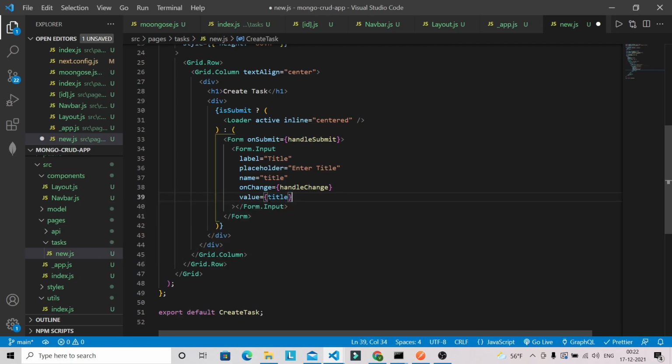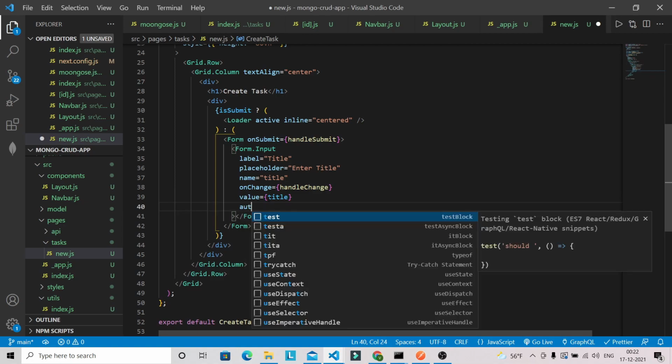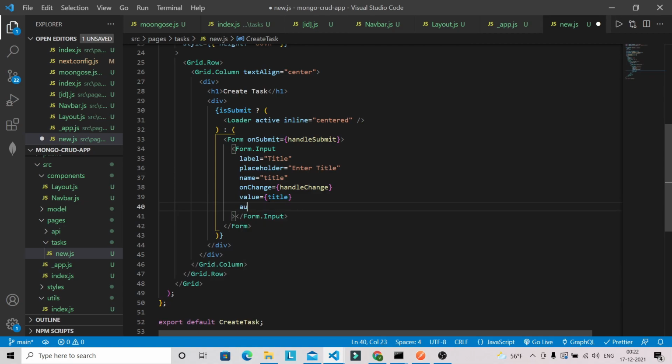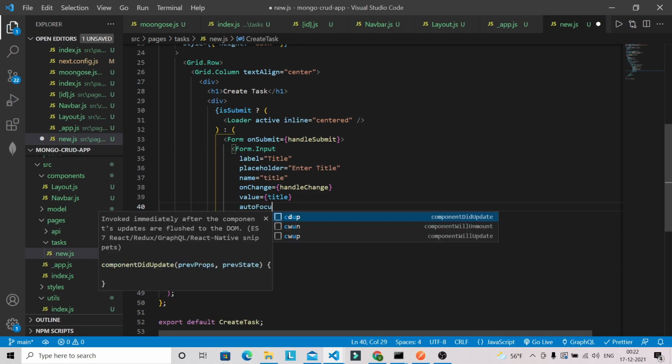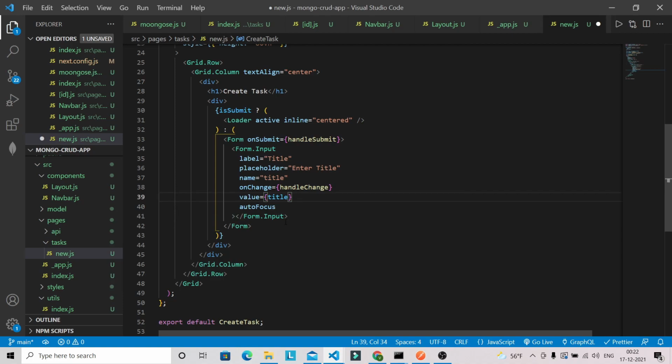Okay, and let's give autofocus. Okay, autofocus, and this form input component will be self closing. We can check whether we are able to see that first input field or not.